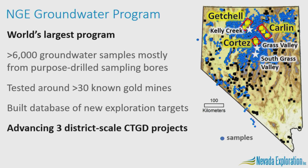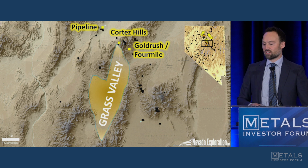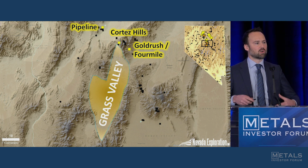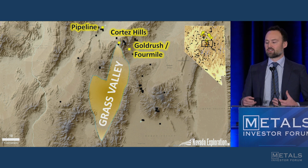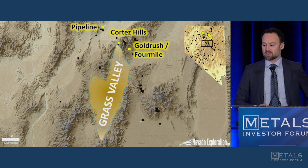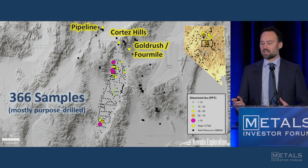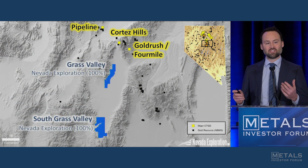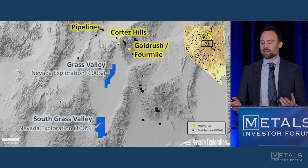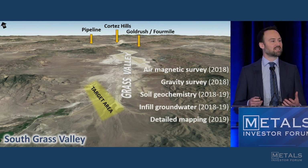And based on that, we're advancing 3 projects. We've most recently been active at South Grass Valley, so we're going to zoom in here at the south to Grass Valley to give you an idea of our workflow. When we pick a valley like Grass Valley, a logical target immediately south of one of the world's largest, one of the world's most profitable camps, we use our equipment, we collect groundwater samples, we find gold, we stake claims, and at this point, once we've taken a basin and reduced it down to a target, they become relatively conventional